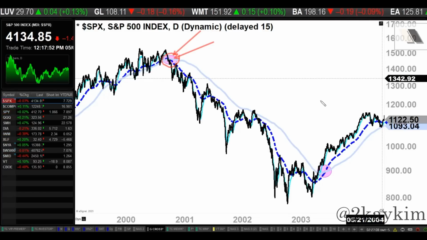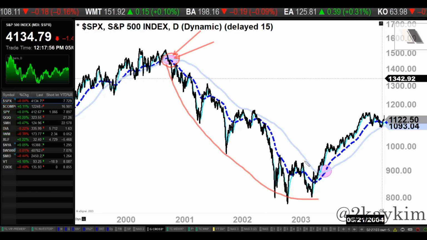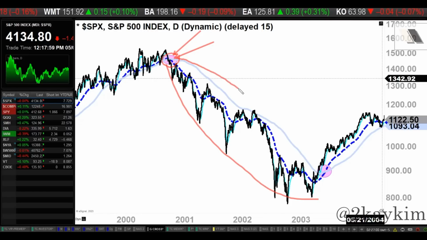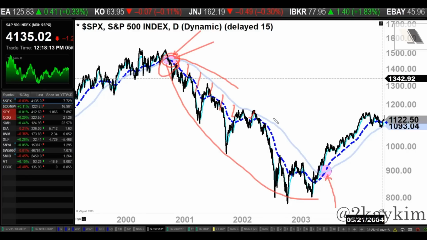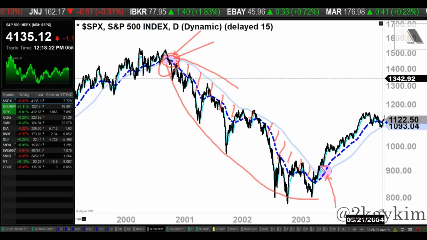Because NASDAQ crashed 80% in 2000. S&P did about 50% or so. But even in this 2000 bear market, as you can see, we see the dead cross and then the golden cross comes here, right? But there's no whipsawing action. It's very straightforward. So if you got out anywhere here, this signal gave you the signal to get back in long in 2003, April or so, when we saw that golden cross happening there.